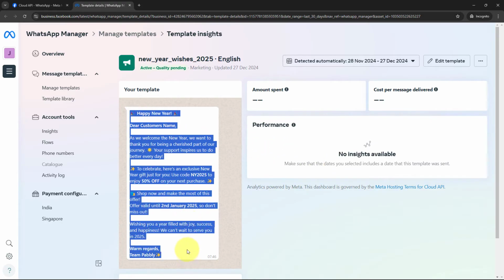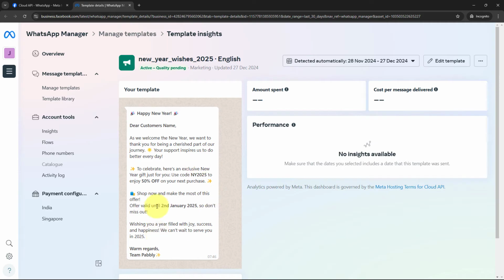So this is the message template you can see I have created. And using this template, I'm going to send messages. Over here, if you could see this template right here, it says Happy New Year, Dear customer's name. This customer's name right over here is the dynamic field that I've created. It's a variable. In place of this variable, I want to enter the value of the customer's name. That is why I've entered this variable right here so that I can send a personalized message to